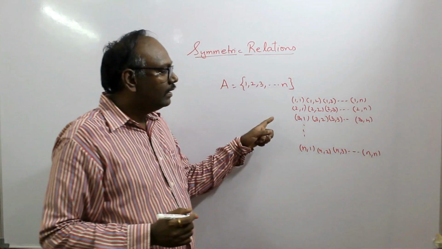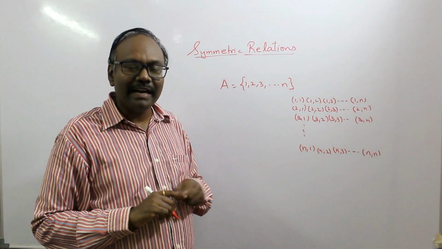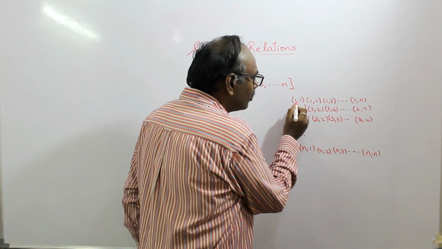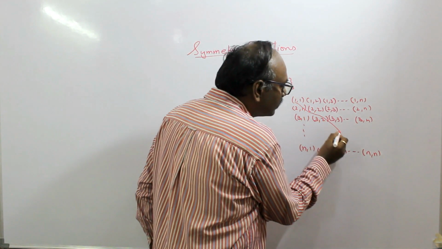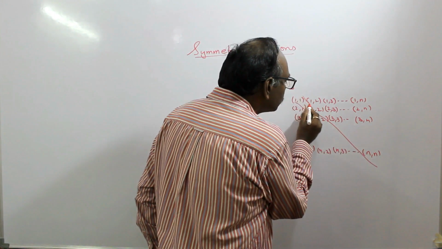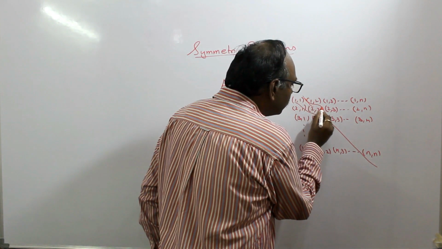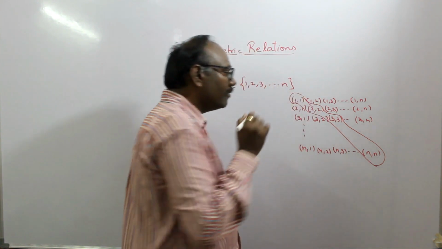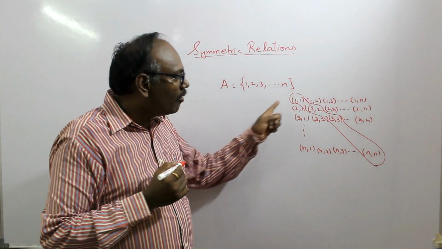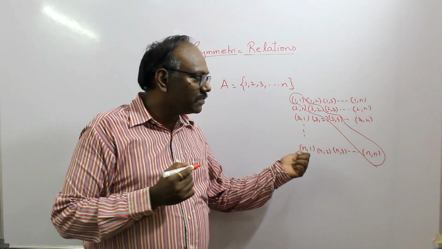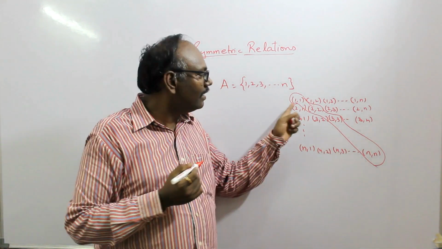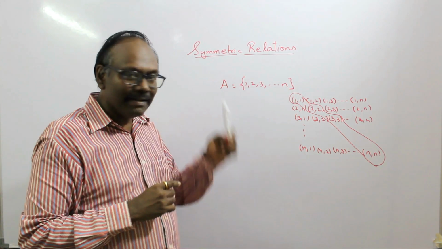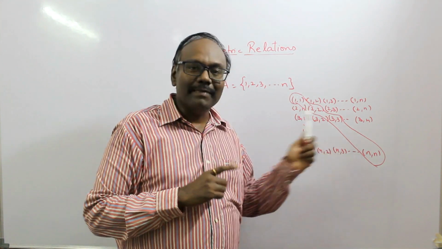So totally we have n squared ordered pairs. Now if you observe the diagonal, we have 1 comma 1, 2 comma 2, 3 comma 3, so on till n comma n. So I just try to figure out the ordered pairs which are in the form of doublets. Now how many doublets are possible in this Cartesian product? There are n doublets, 1 1, 2 2, 3 3, so on till n n. So in the set containing n elements we have n doublets.